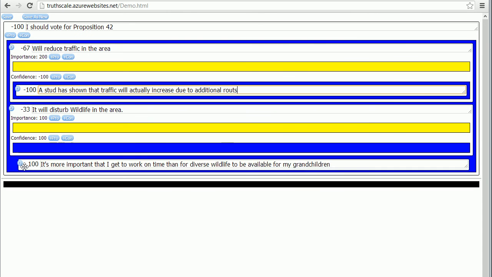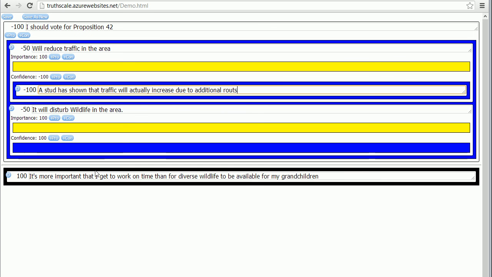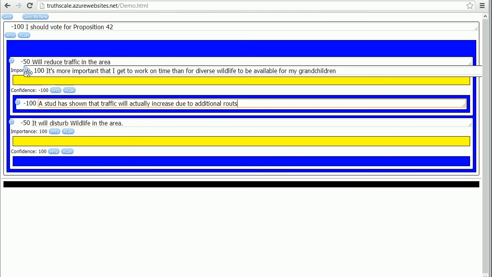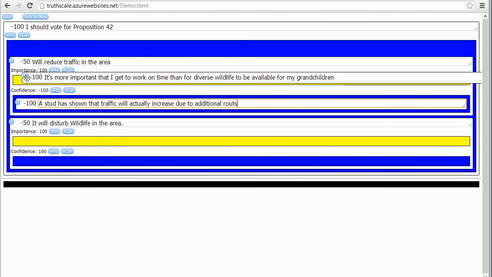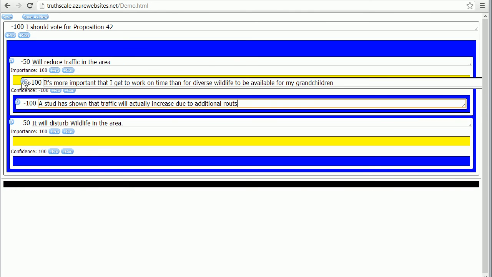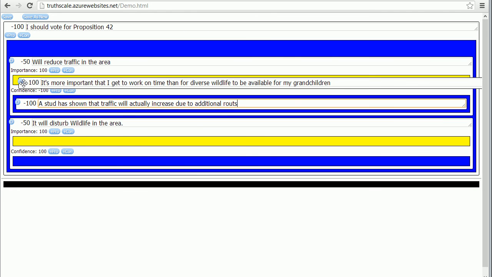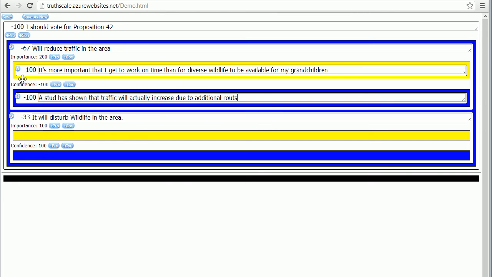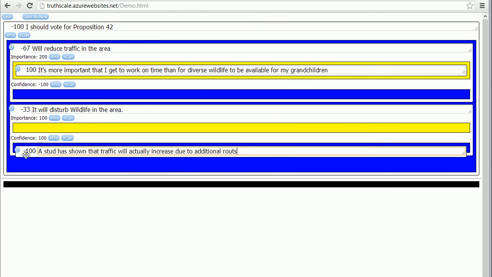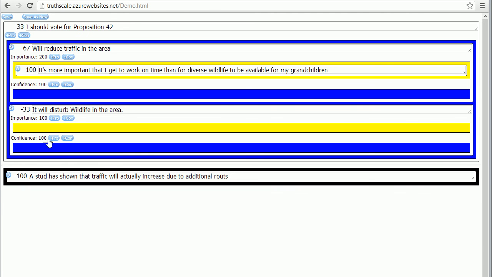But let's say it wasn't that cut and dried, so I can drag that and just throw it down here in the trash. And you can see, oops, you know what, I did the wrong one. That's the great thing about drag and drop. We'll just put the importance back. And sometimes it gets a little tricky. This is part of it being an alpha. Oh, there we go. Let's take that con out. Throw it down there. We're back up to plus 33.